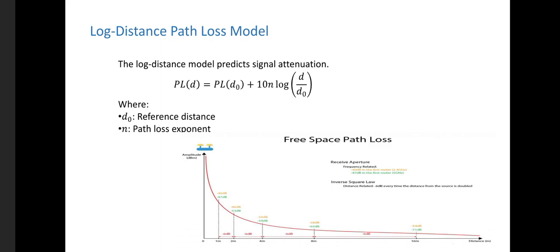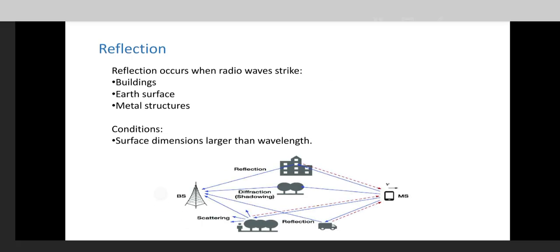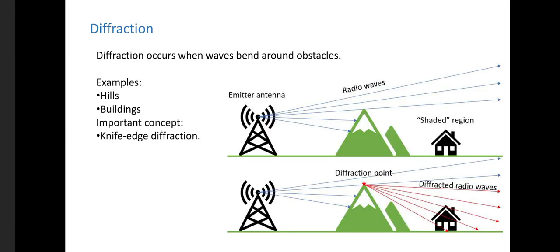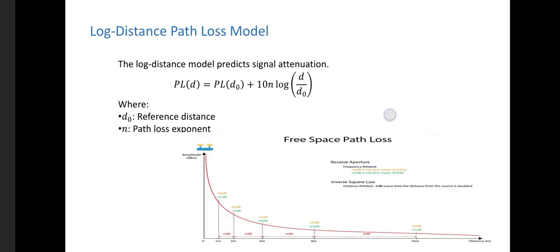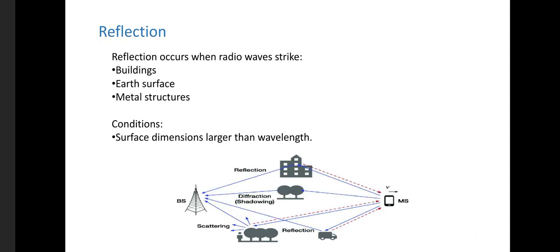The n can be very minimal for line of sight propagation, it can be medium for outdoor or terrain, and it is very high for indoor environments. So the formula for the log distance path loss model is given, and the graph is also given. When we are going for a path loss model, the same thing we have discussed earlier.